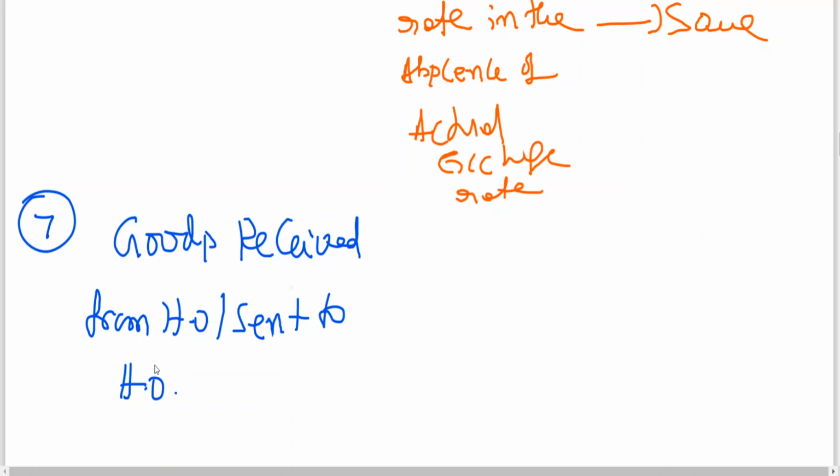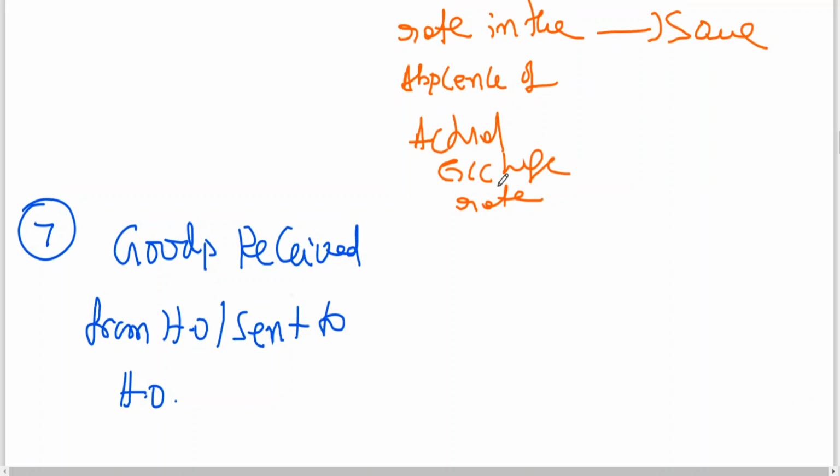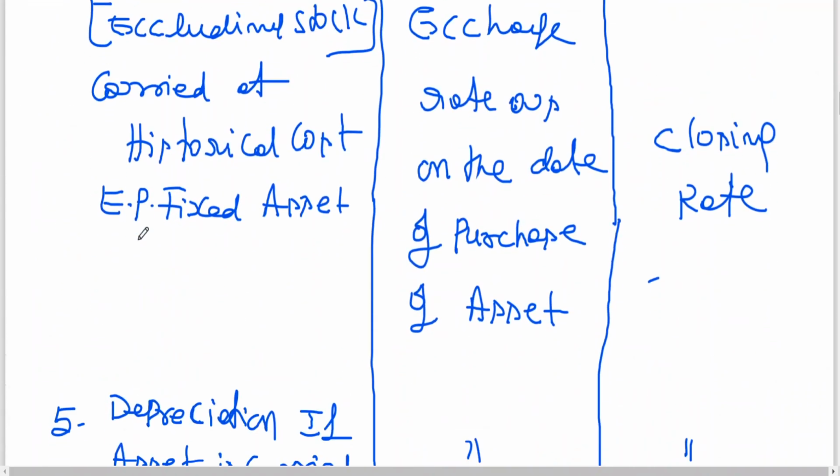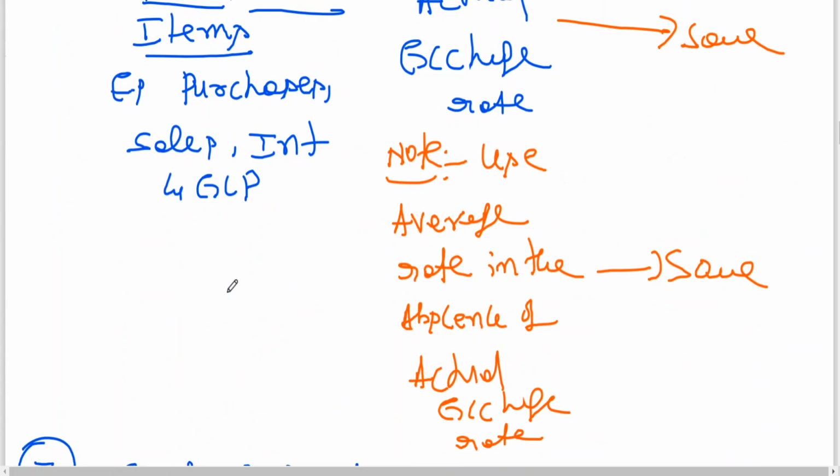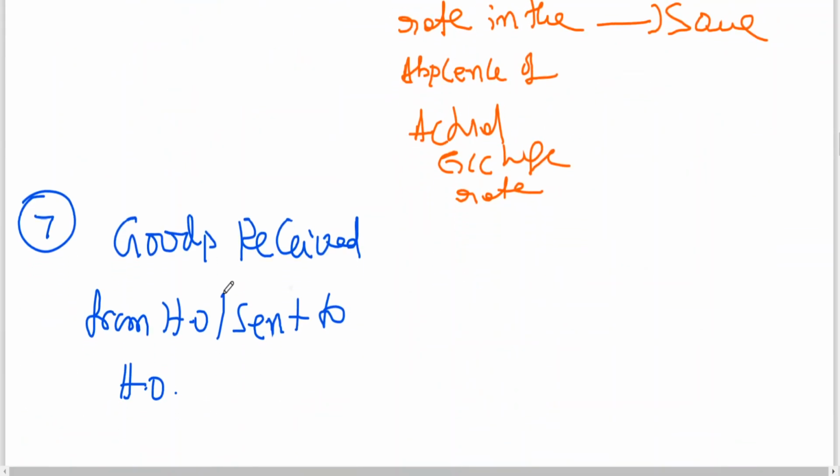Goods received from head office or sent to head office. So you are recording this transaction in the books of head office, no? Because the transactions we have seen from 1 to 6 have not been done by the branch, so they are not done by head office. Since the foreign branch has recorded activities, you are converting them. But when goods are received from head office or sent to head office, goods sent or goods returned, you will have the actual exchange, actual amount, actual value.